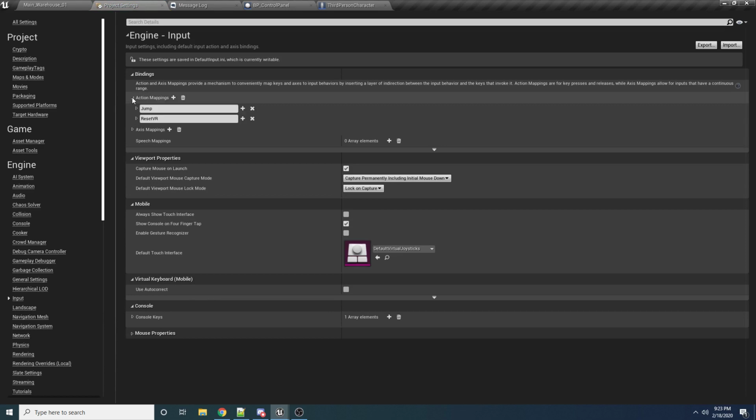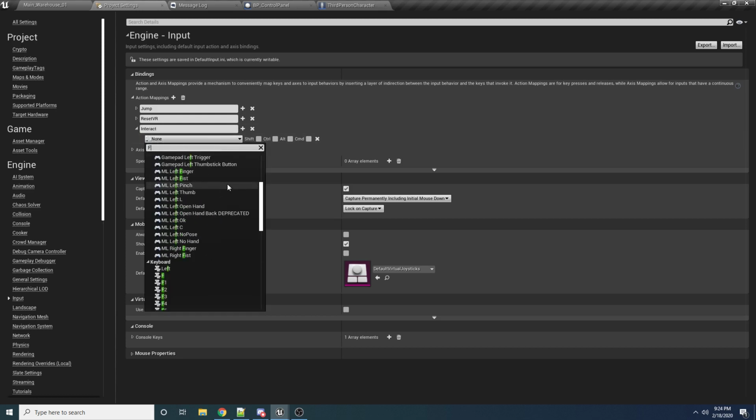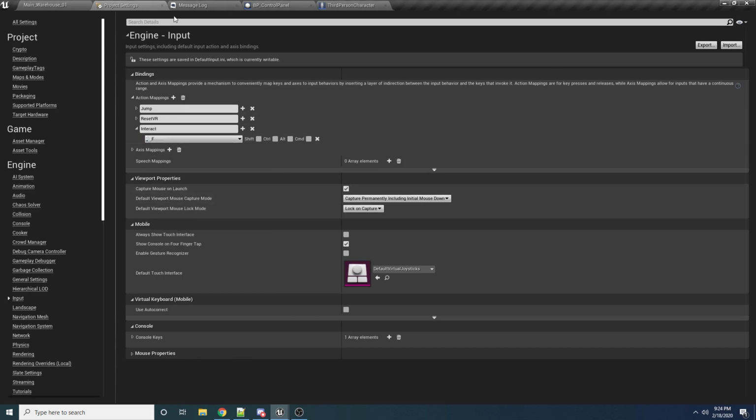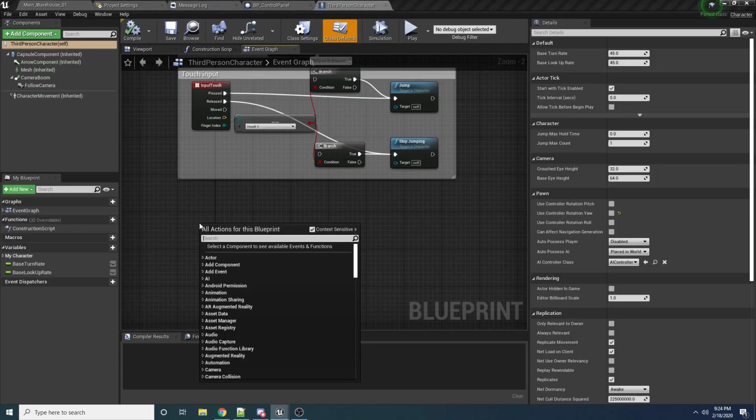And then up the top here, we have action mappings. We want to add an action mapping for interaction. So hit the plus button, and we'll say interact. And we'll set this to, I'm going to use F. You can use any key that you want; it will work just fine. And then back in the third-person character, we can now create an event that gets triggered